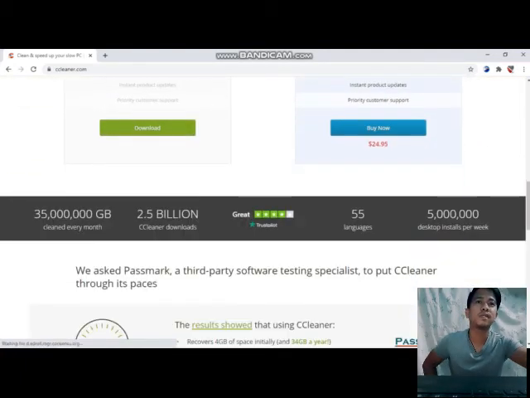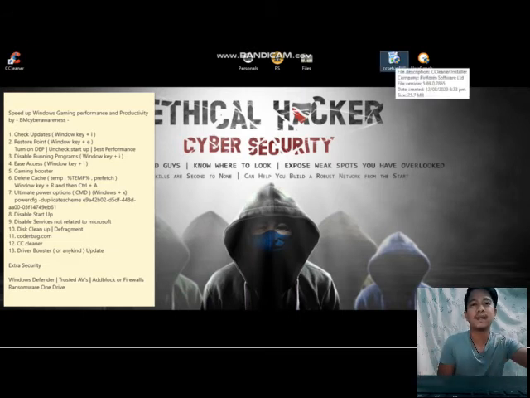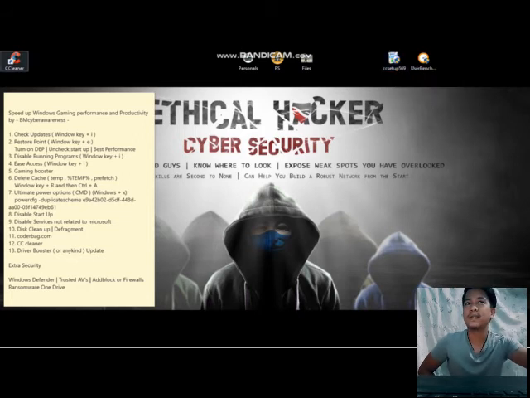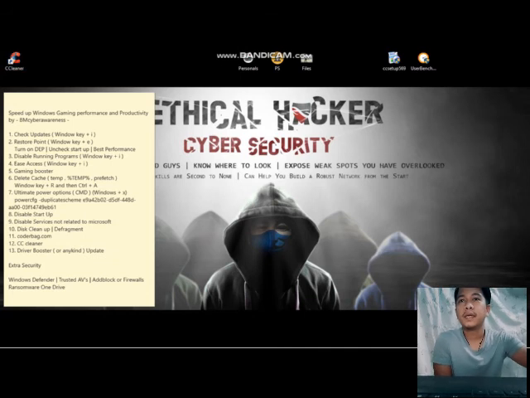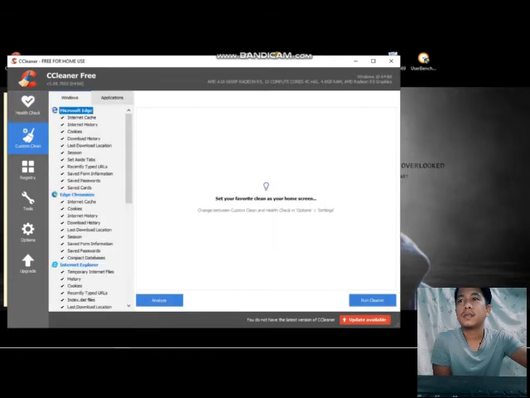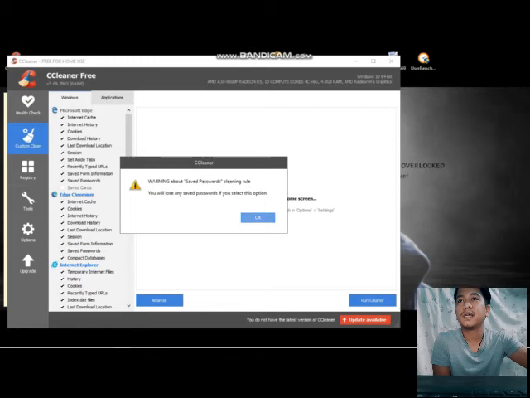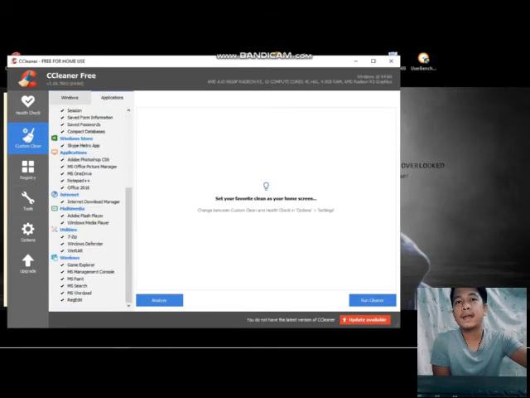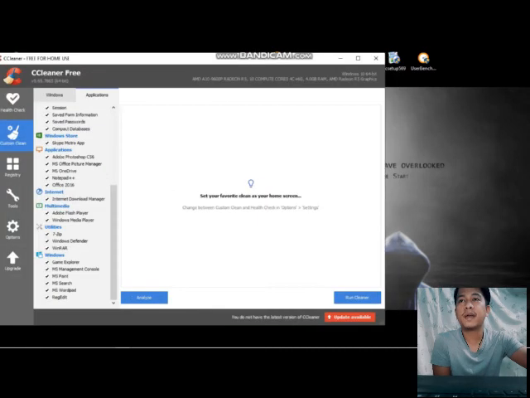After you download that one, you will see something like this, and then you just need to click install, next, and that's it. In my case, I already did it, so I'm just going to open CCleaner. You could check your PC health, but in my case, I don't want to do that, so let's proceed. You just check everything, or you could double click the logo to check everything, especially the applications, and then run cleaner. After that, you go to the registry and scan for issues,